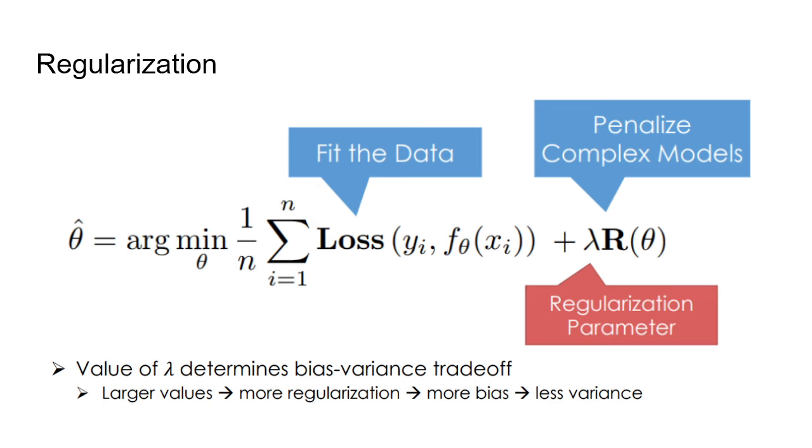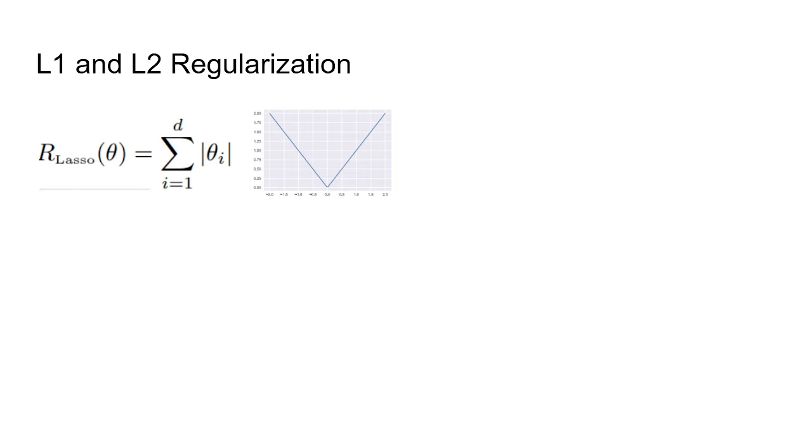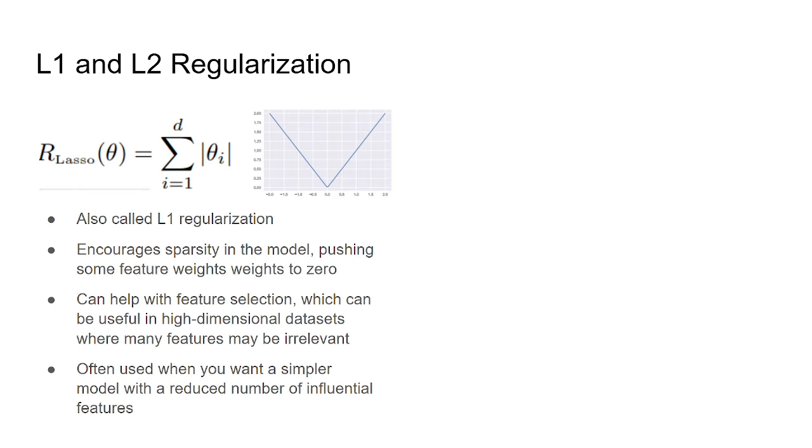This value of lambda is what is helping you determine the bias variance trade-off. Larger values will ensure more regularization, but with larger values bias will increase, although variance will decrease. So you still have to find the right balance. Secondly, there are two kinds of regularization that you have covered in class. I want to show you the formulations of each,